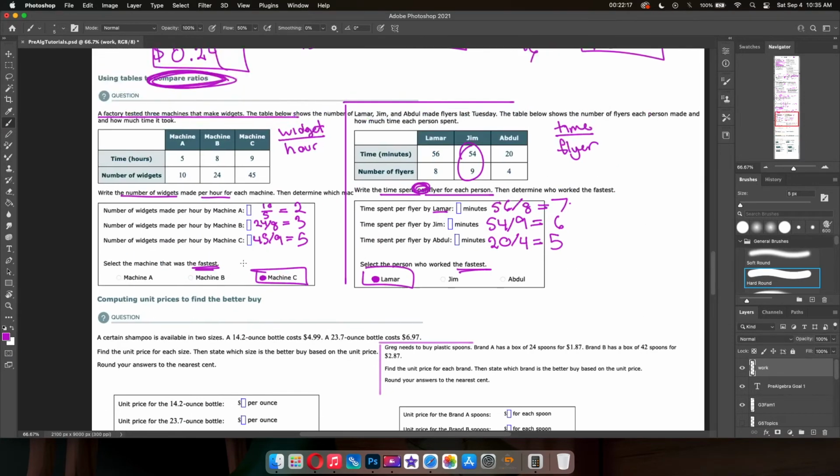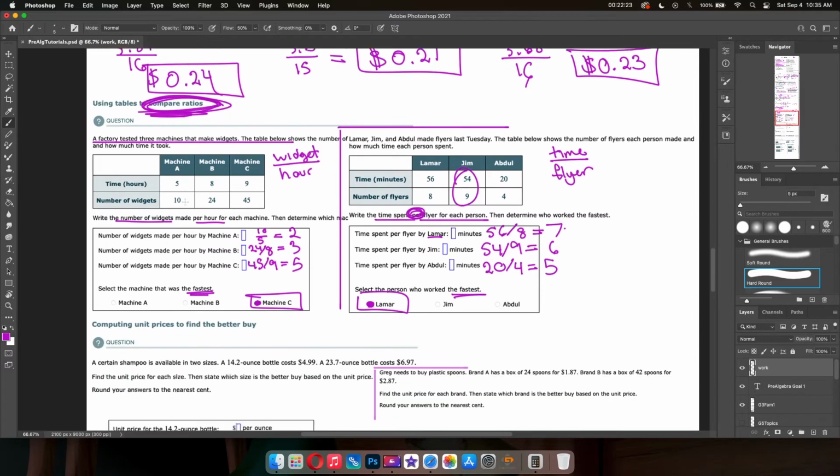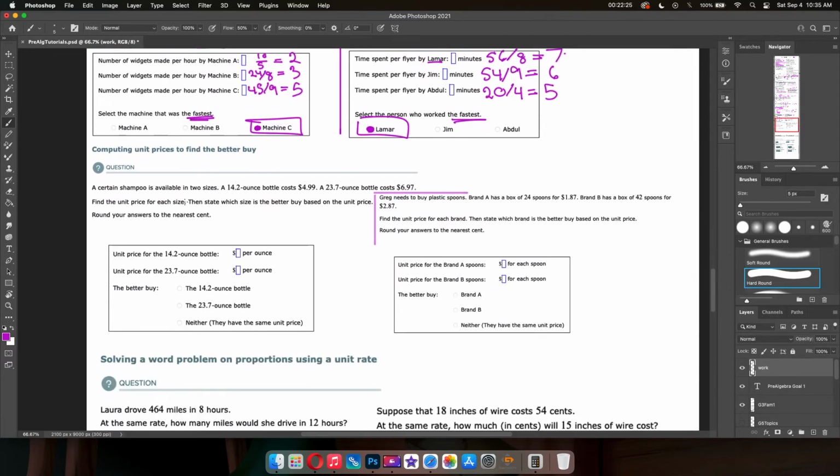Now we're going to combine these two things. So we had unit price up here, and we're comparing ratios here. And when you put those two things together, you get the most common real life ratio thing ever, and that's called finding the better buy. Let me darken the boundary here because I had trouble with the screen grab. So we have two ratios, and they give it to us in two sentences. So one ratio, one sentence. Here is our first ratio,